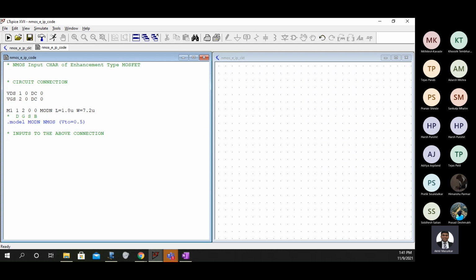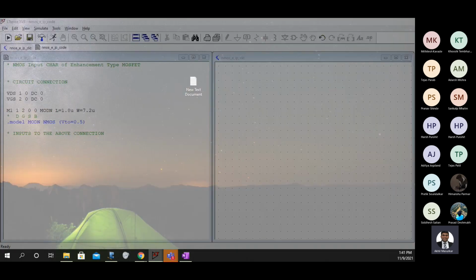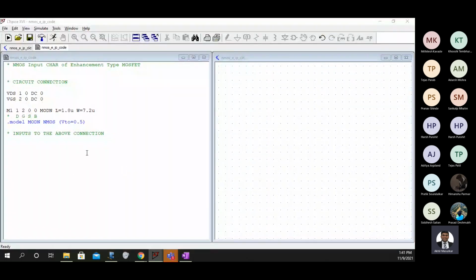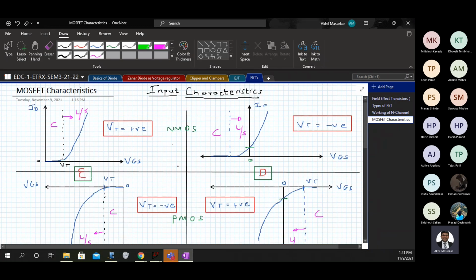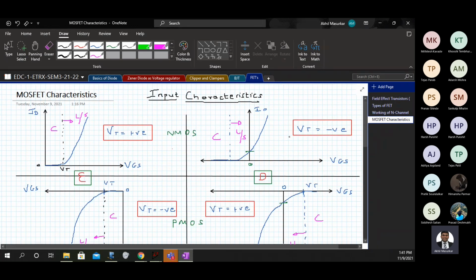So if you want to vary that, then you have to go for the dot DC command, because these are DC voltages. So I'll write here dot DC VGS. So first what we are doing is input characteristics. So in the input characteristics you are varying VGS.